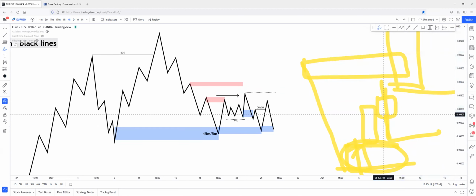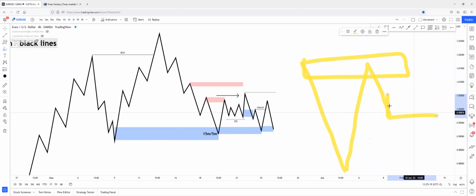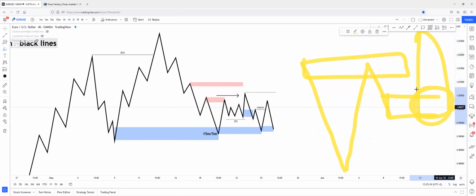That's why I prefer flips over changes of character, because in flips, there will be only one candle that flips the overall supply zone or demand zone. So in a flip, there will be only one candle that has caused an inefficient break of this supply zone, and you'll be able to enter on that specific candle. And for me, flips are stronger